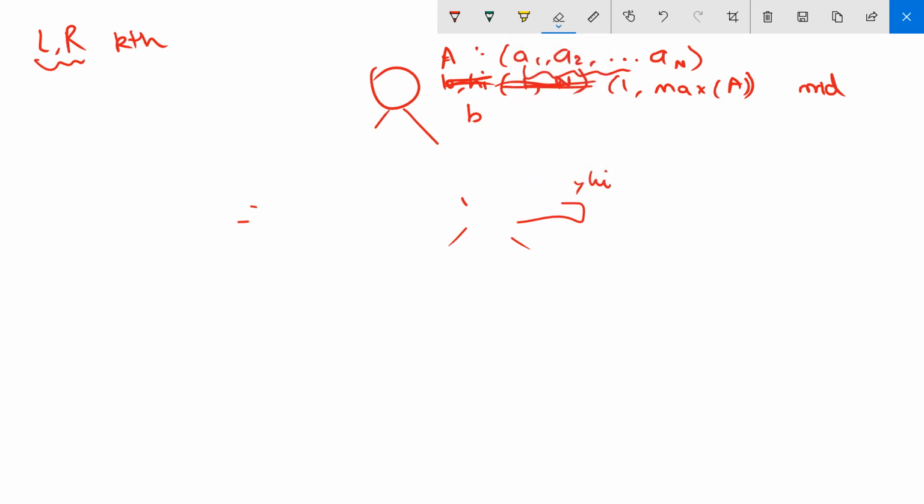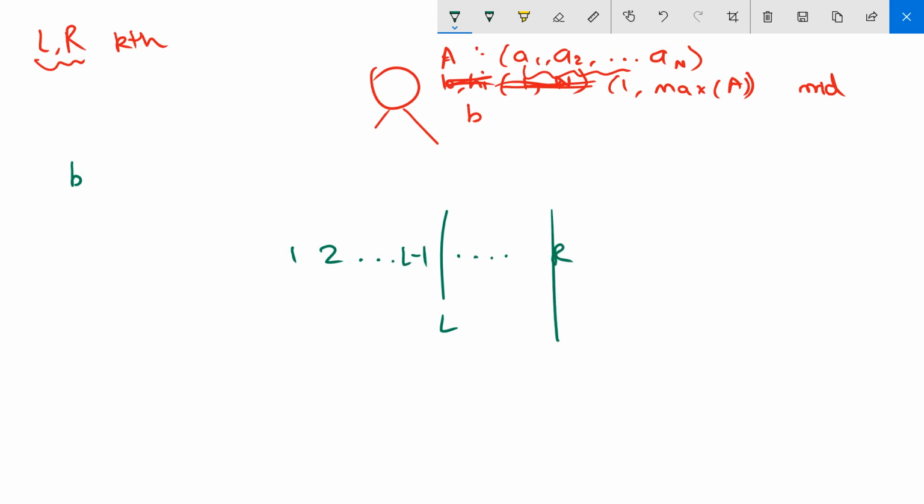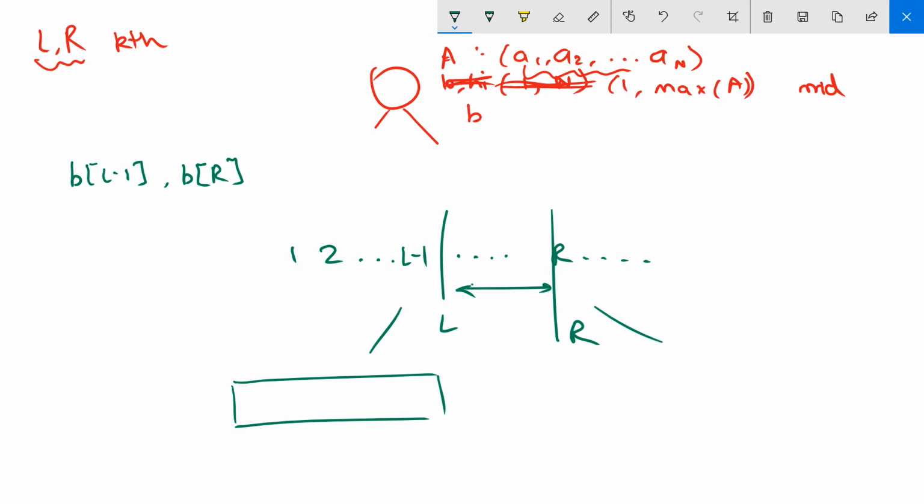I will find two things. So this is, let's say, L, this is minus 1, this is R, and so on. So we are interested in this much portion, right? Now what happens is, what is B of L minus 1 and what is B of R? It has the left child, it has the right child.